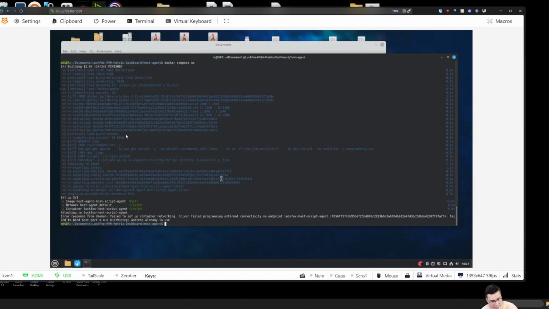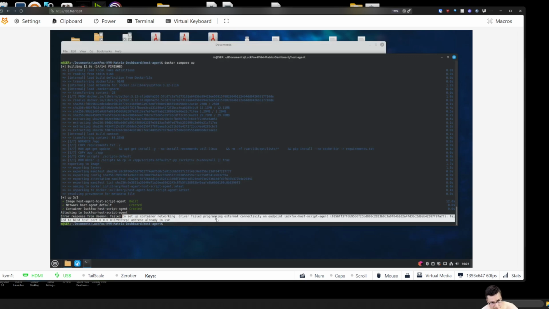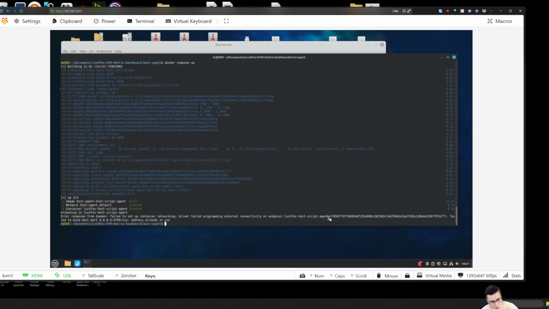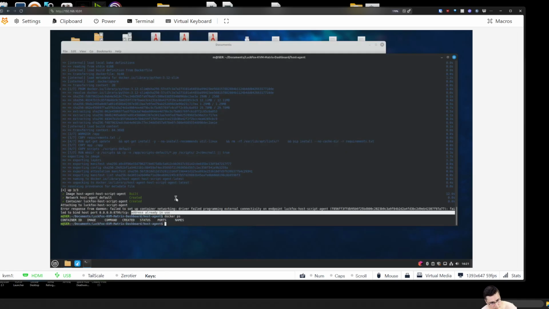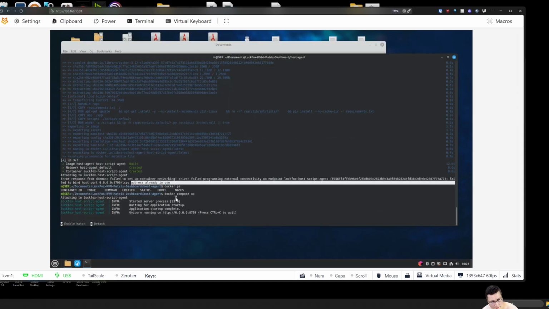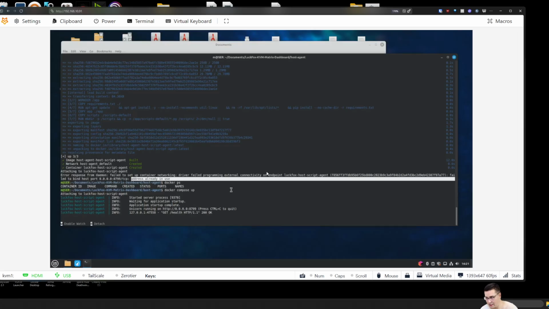Okay. Attaching completed, error response from daemon: failed to set up network driver, program external already in use. How could the port already be in use? Let's see if it's working or not. No. What part could be already? No way. That's not possible. Well, sometimes you just have to do it twice. Okay. So now when you see this, you can just press D to detach,